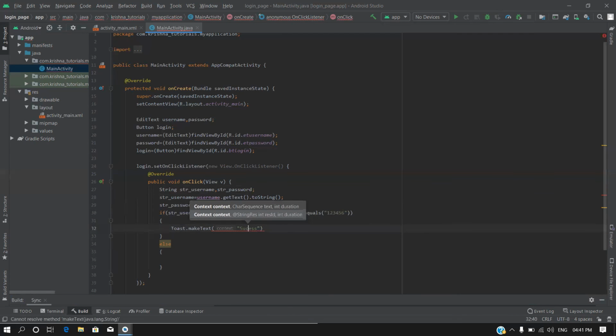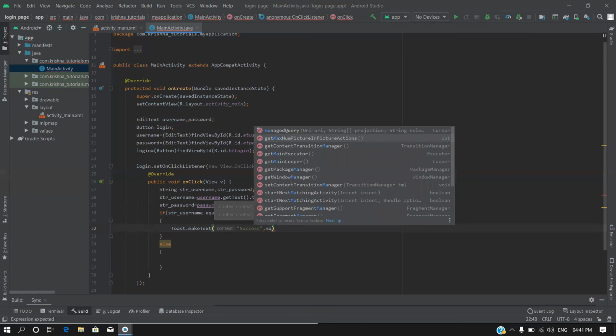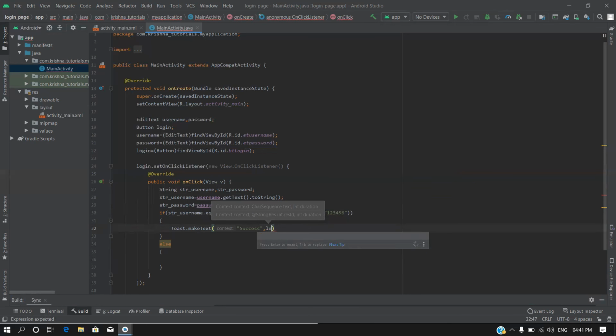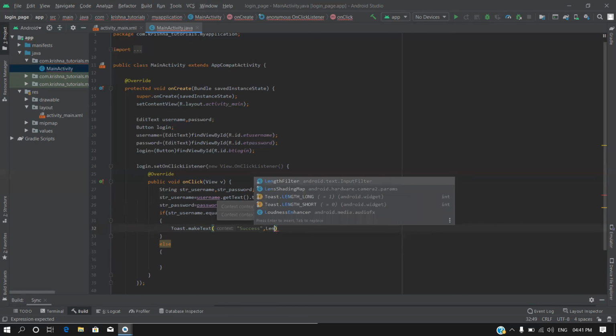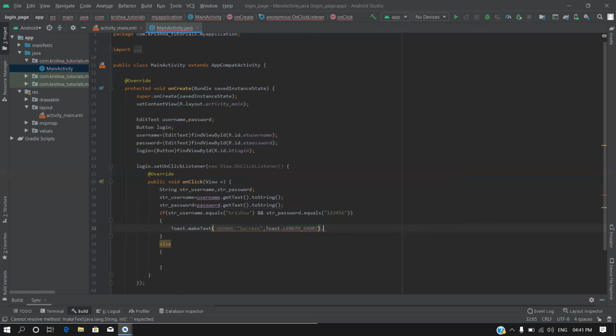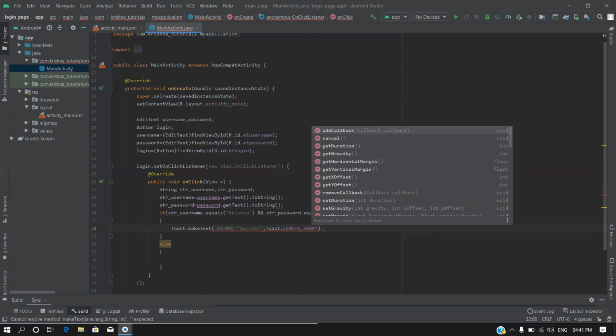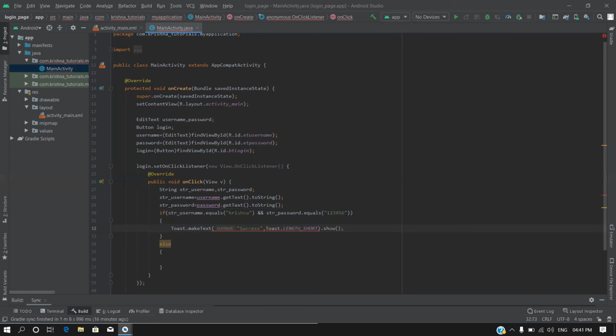Success, comma, main activity, length short dot show, and here I need to make this main activity dot this.